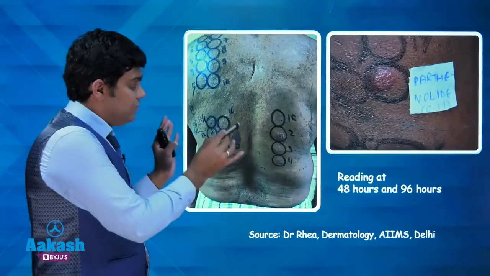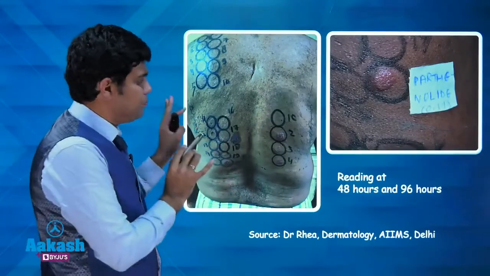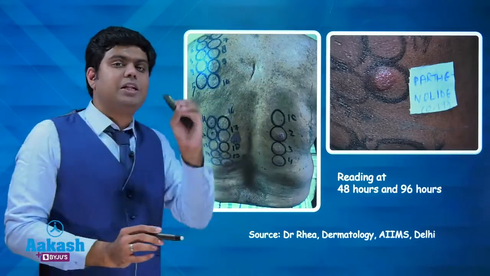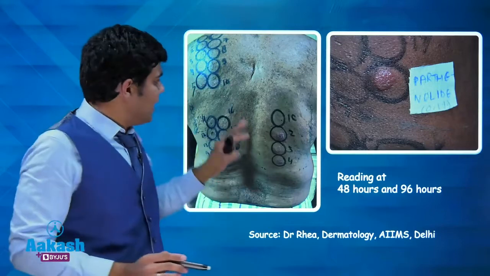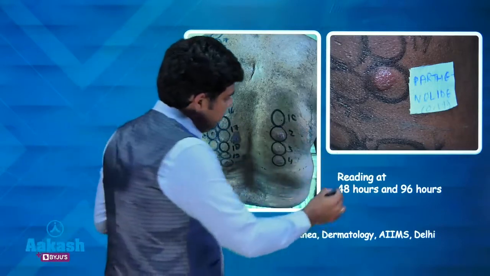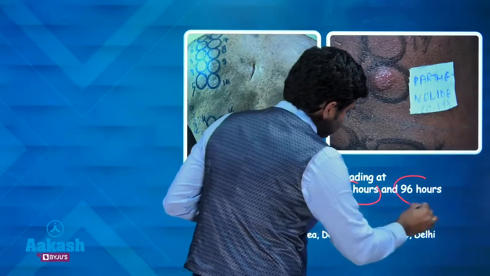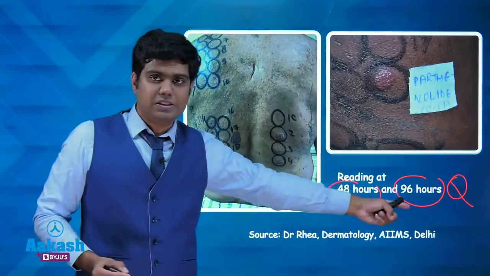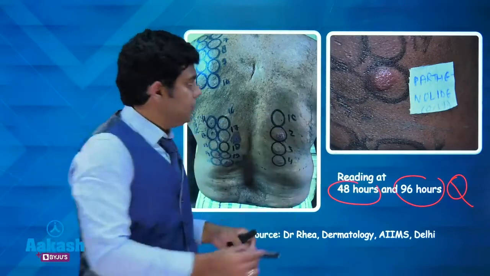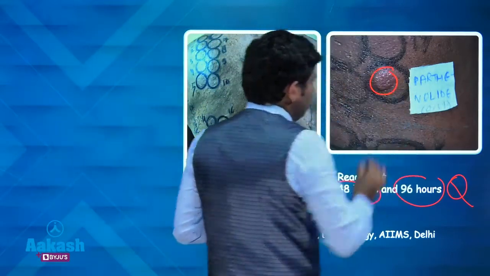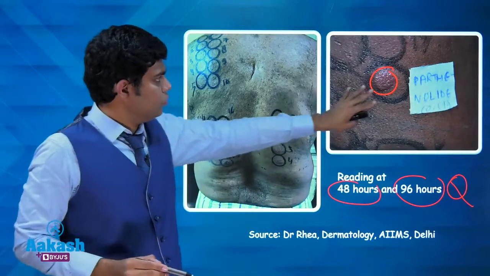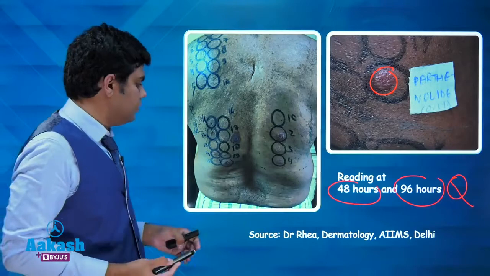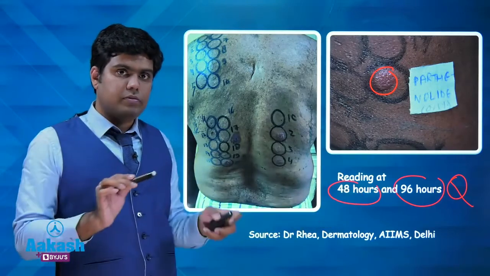In patch test, this again can come as an image based question. What is this? This is patch test. We apply a battery of allergens, a set of multiple allergens, on the back, and we take a reading at 48 hours and 96 hours. Very important question: two readings, at the end of 48 hours and at the end of 96 hours, and we look for reaction, erythema, the presence of redness. Here the patient has reacted to Parthenium, which means he is allergic to Parthenium. Important patch test, will not forget.